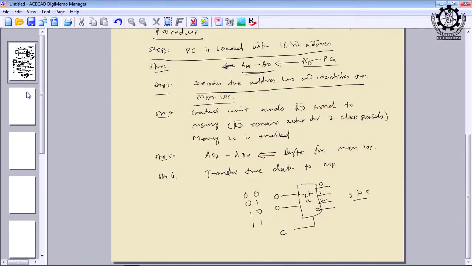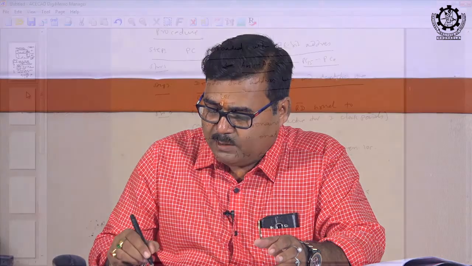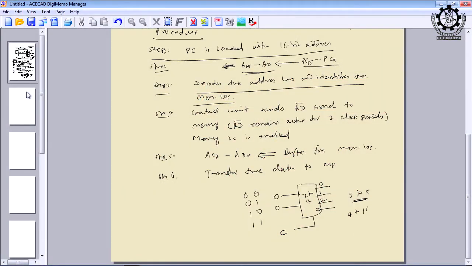So, this is a 2 to 4 decoder. Similarly, you can also design a 3 to 8 decoder. 3 bits means you will get 8 combinations, and one out of that 8 will be selected or identified under the control of a control signal, right. So, the 3 to 8. Similarly, we can have 4 to 16. So, in general, n to 2 to the power n. What is the value of n in this case? N is 16. So, 2 to the power 16, I can get 64 kilo locations, and I can easily identify one location based upon these 16 address lines.